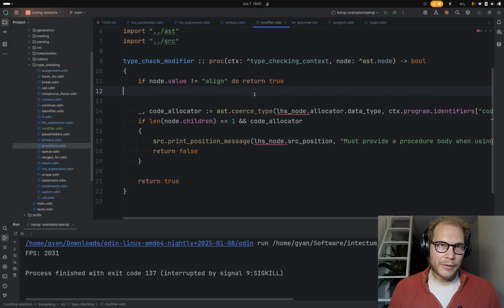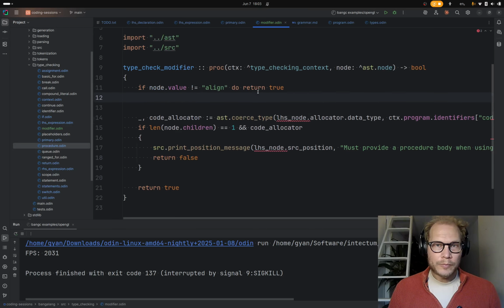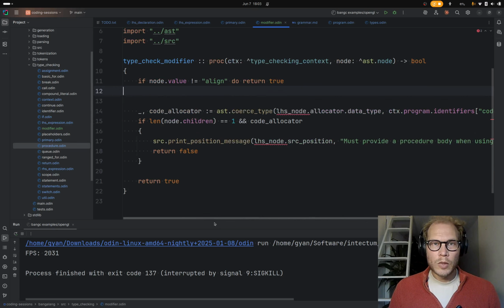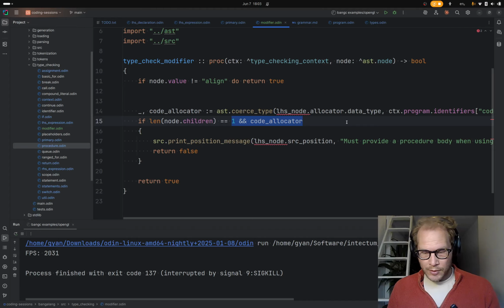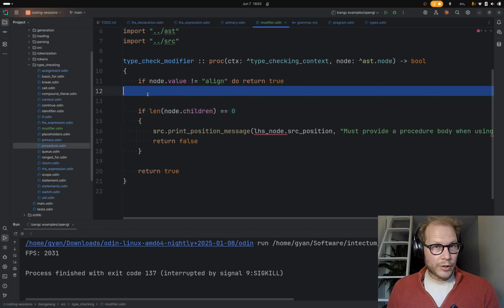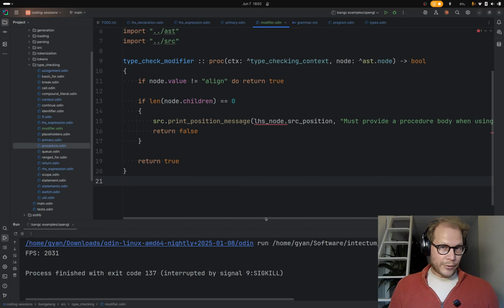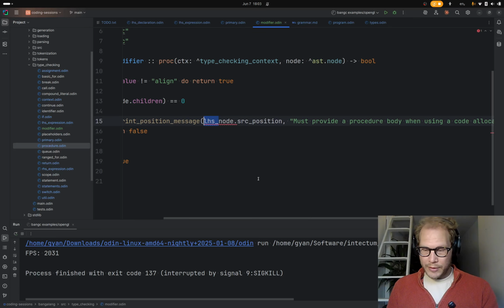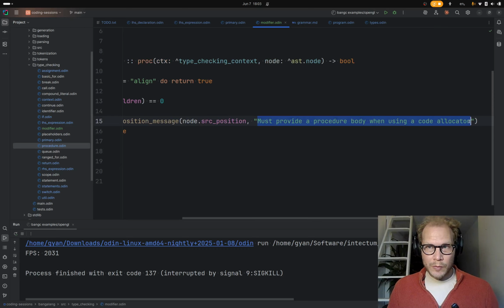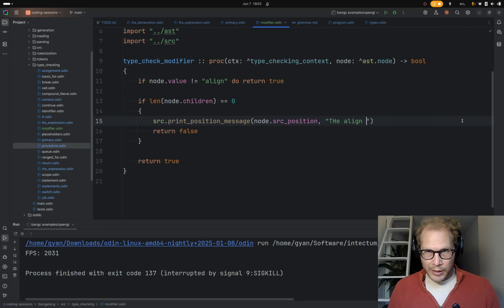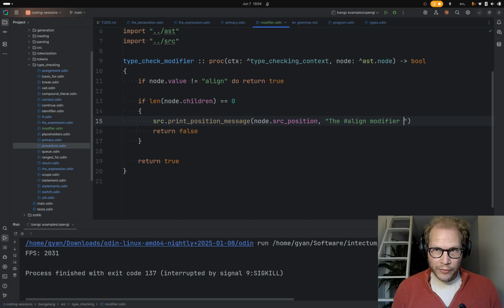So if it isn't align, then we say if it has no children, which is to say that it has no value assigned to it, let's say the hash align, the align modifier must have a value.